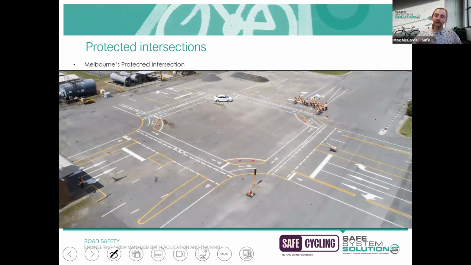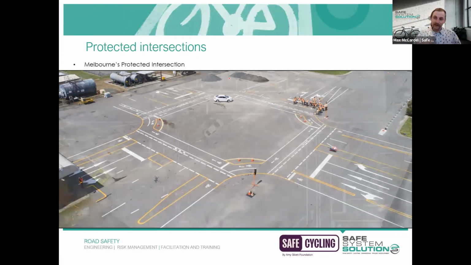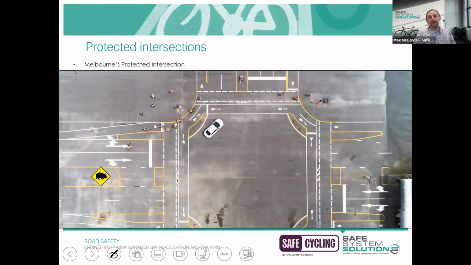So they painted it all out exactly as it would be if it were to be installed. And they got all of those concerned stakeholders on their bicycles. And they also had a test vehicle that was turning left, turning right, going straight, going through, doing all the turning movements, and just saying, you ride through here and you tell me how you feel about this. And this is how they managed to get this project over the line, was just having that honest, transparent conversation